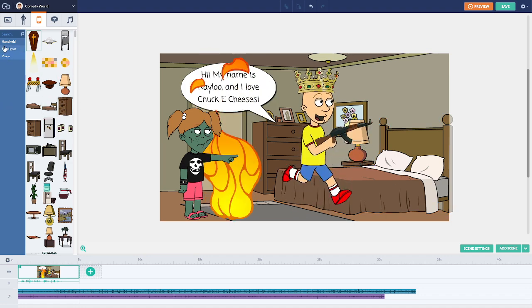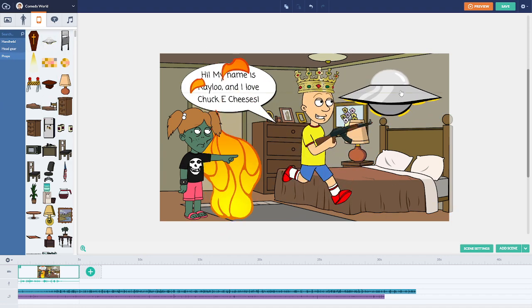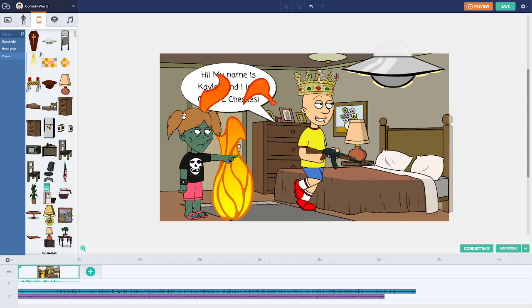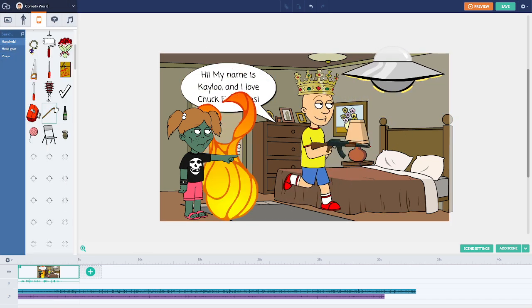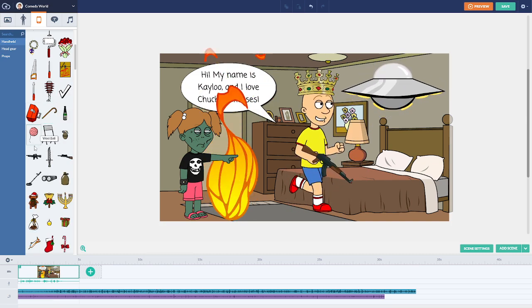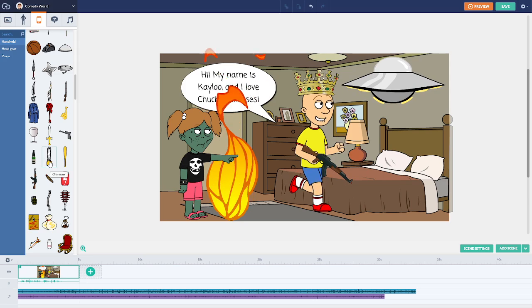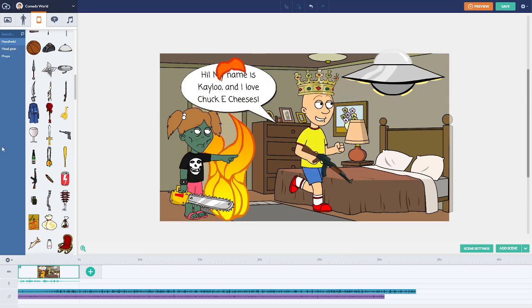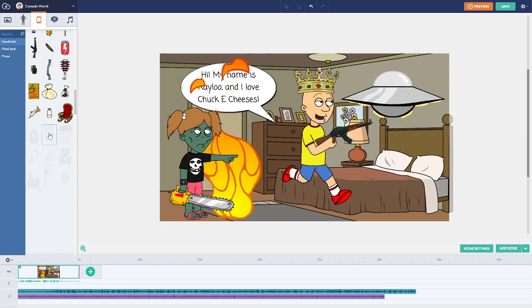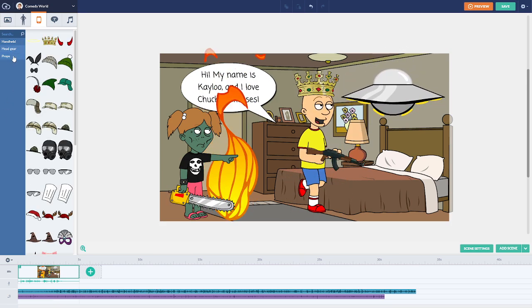Anyways, now let's add another prop, a UFO, which is cool. And we'll give her something to hold too. Let's give her a chainsaw. May sound weird, but this is just a test. Oh, a diamond ring. That's cool. Anyways,